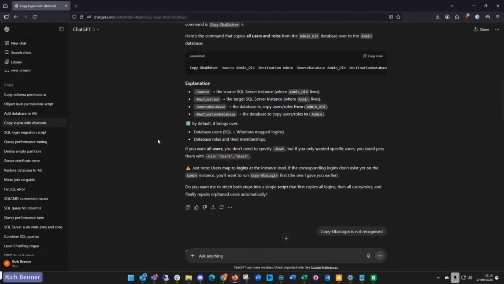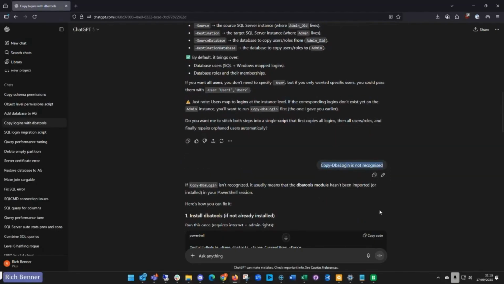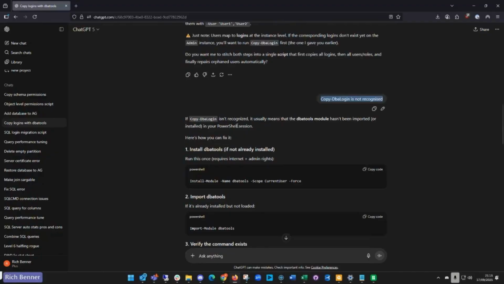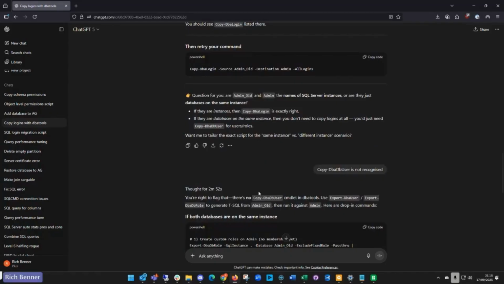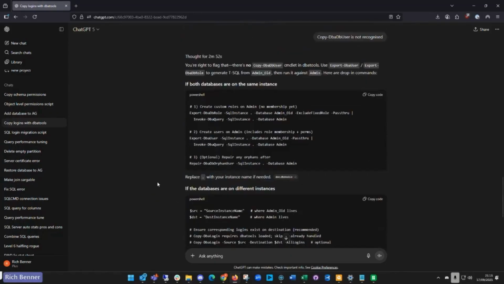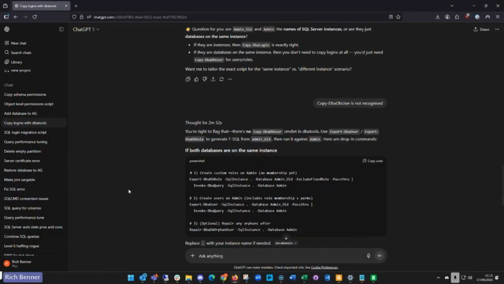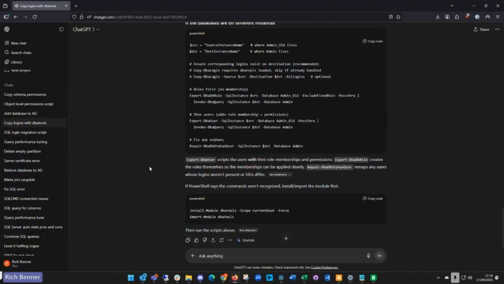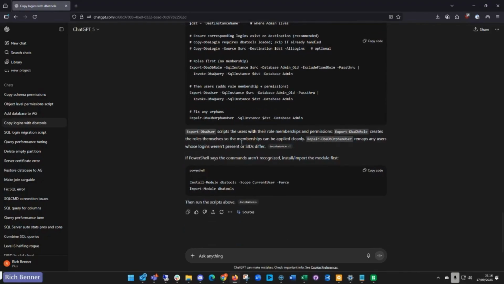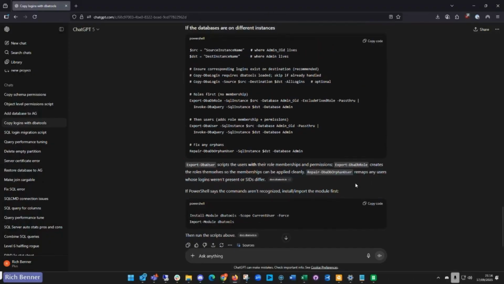Yeah. And I think on here, I put that the command's not recognized from the PowerShell. And it thought for a long time. It doesn't actually say how long it thought for. It thought for a long time. And it said import dbatools. Like, no, that's not a fix. So it then went and gave me a whole lot of, it thought for almost 3 minutes here and gave me a load of PowerShell to kind of do it another way. And even that wasn't right. It's not a big deal. I just scripted it out